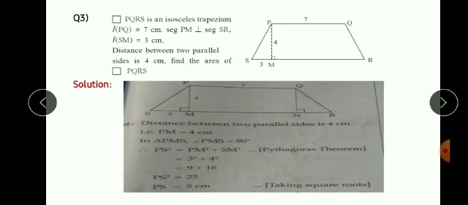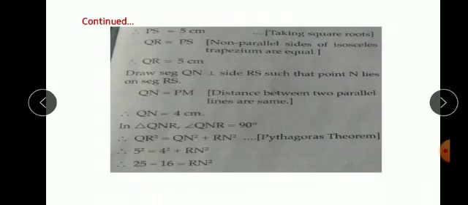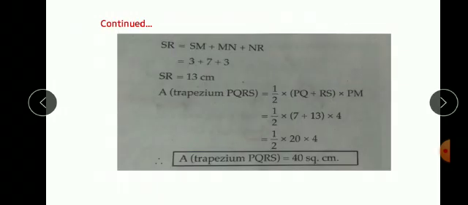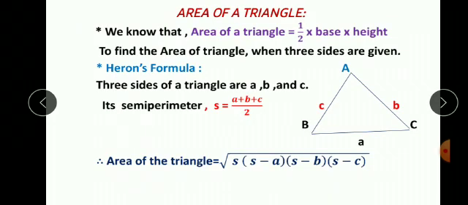Have you understood, children? This sum, question number 3, is quite big, but it is easy to understand. And in this way, we have finished the third sum also. Now, in the next slide, we will see some formulas: area of triangle, half into base into height, and Heron's formula also we will see in the next part. So, only go through it and see and draw the figure and area of triangle. We will see what is the semi-perimeter and what is the area of the triangle.